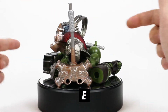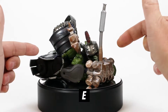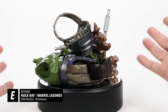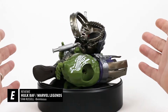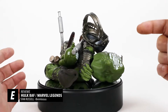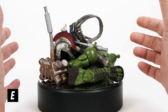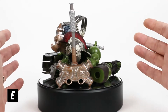Today we get to take this pile of pieces that we have gotten from the Marvel Legends Thor Ragnarok wave and put them all together to build the Incredible Hulk Gladiator. Again, if you can't tell, I am super excited about this. I've been talking about this figure all week throughout the reviews, and today we're finally going to put them all together, check them out, take a peek at what I consider to be the best Build-A-Figure to date from Hasbro